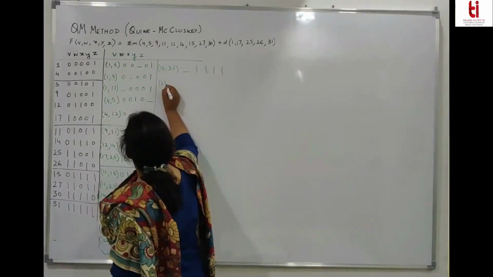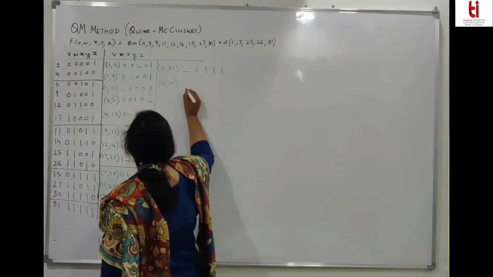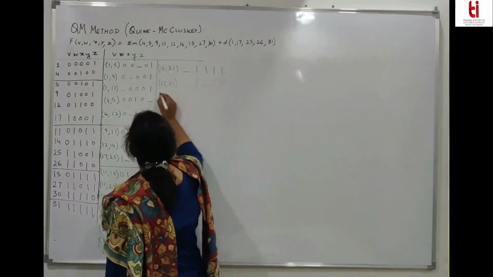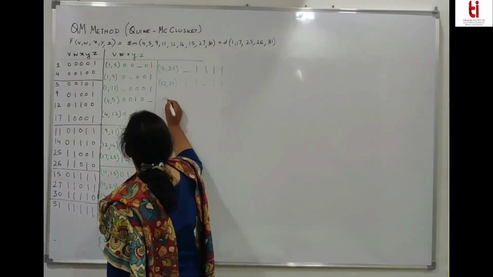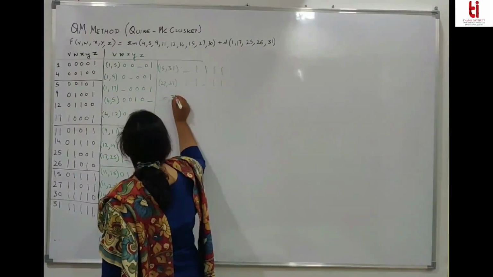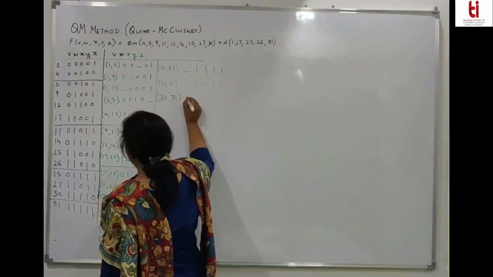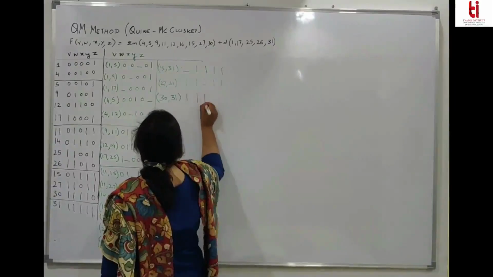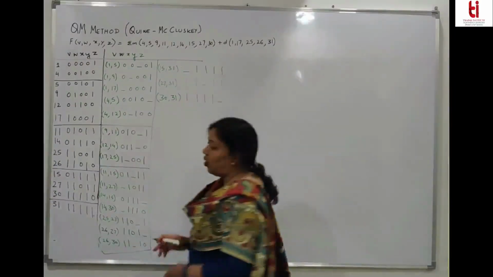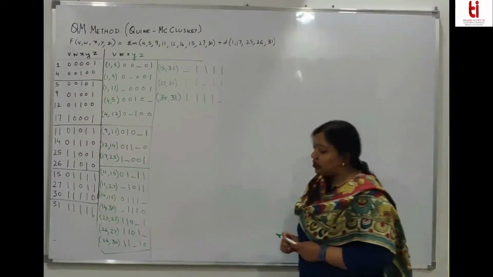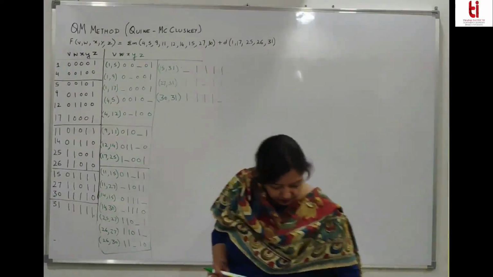Then 27, 31. Can you see the change? And 30 comma 31. So these are all listed groups which we have. So now what we have to do is